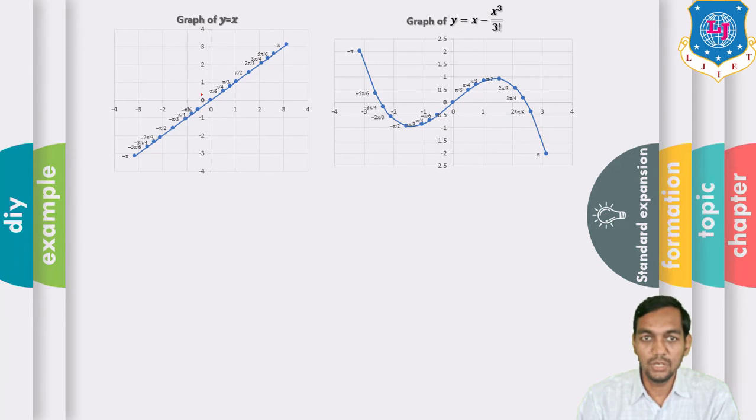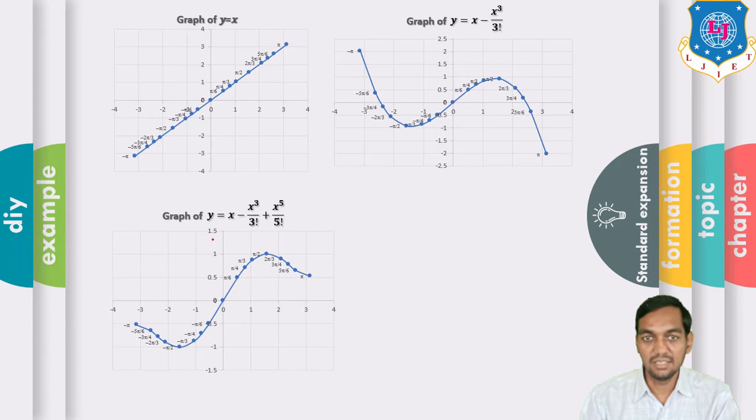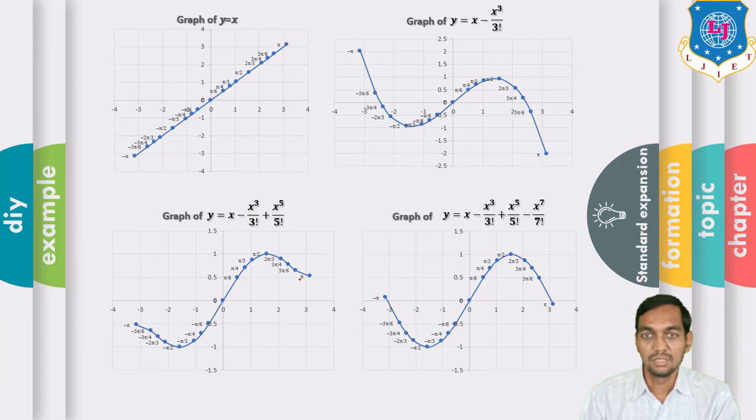Here, near about the point's origin, the value of sin x is approximately the same as x. But if you take 3 terms, then it is like this. In the same manner, if you take 4 terms, then it is going to be exactly like this. And if you add more and more terms, then this graph is going to be more and more accurate, and it is going to be near the original values of sine. That's why this is called the series of sine.